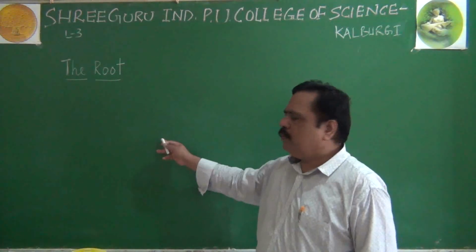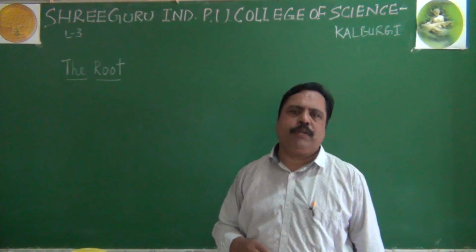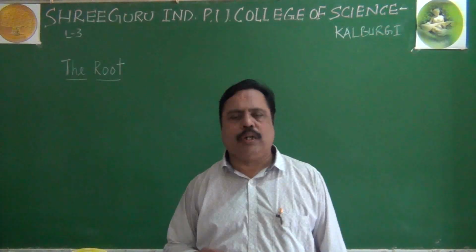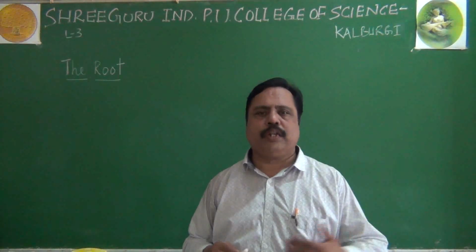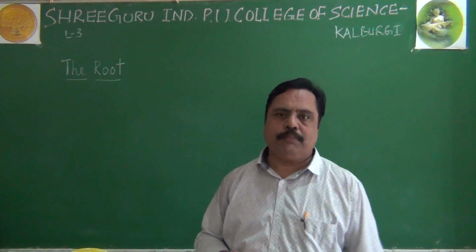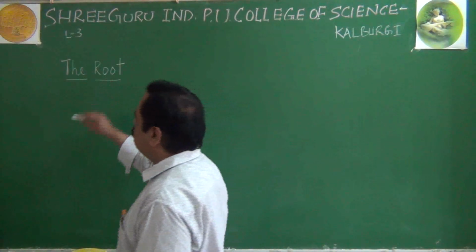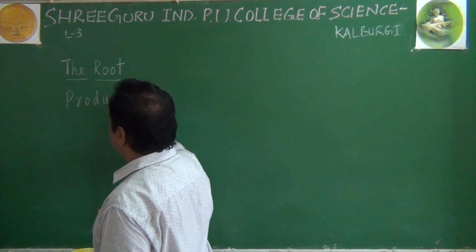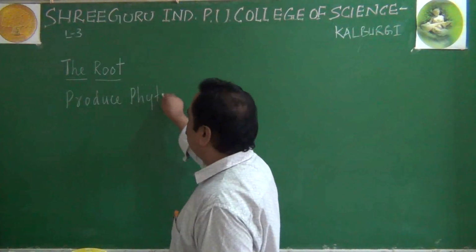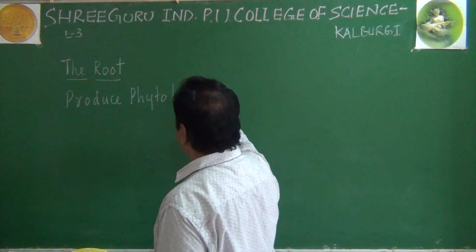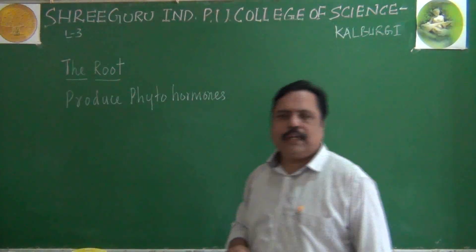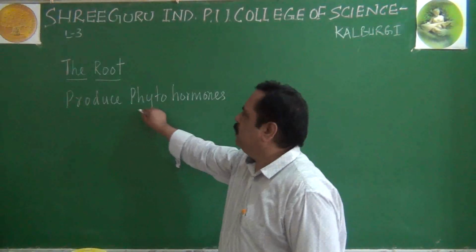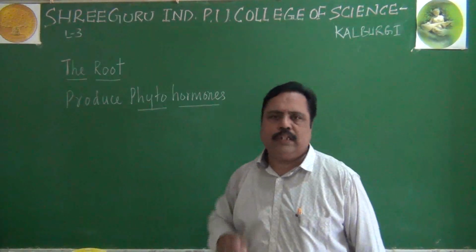Thirdly, the root will be involved in storage of food materials also. And even fourth function I told you was they are able to undergo sometimes asexual reproduction also. Apart from this, you must know one point, the roots are able to produce phytohormones also. You might have heard about these words, phytohormones, like auxin, gibberellin, cytokinin, like that. So root tip is able to produce some of the hormones in it.